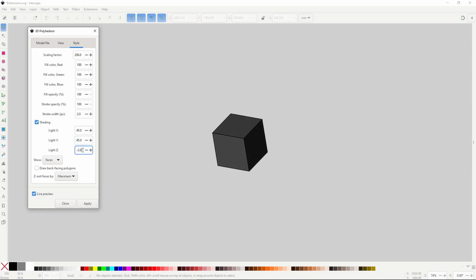It appears to be a directional light, by the way. The Show drop-down controls how it's gonna be rendered: only edges, points, or everything. All in all, this is a really cool way to get a 3D model into Inkscape and have it be